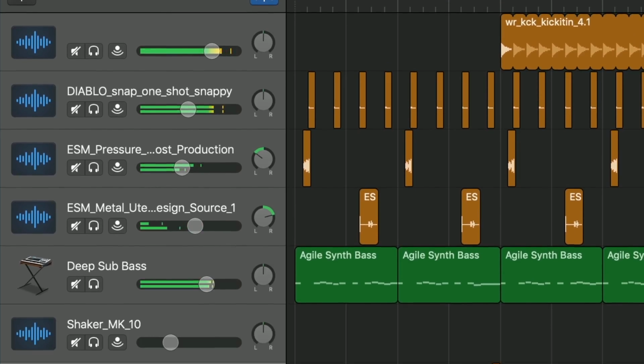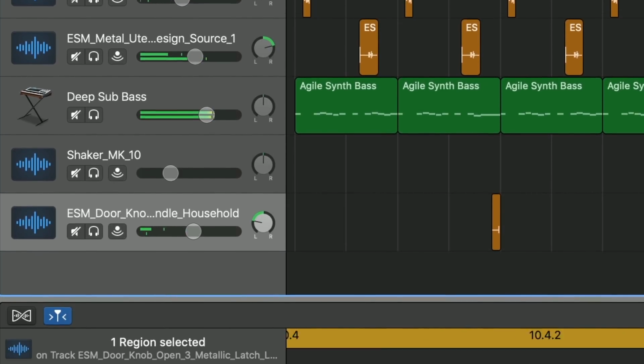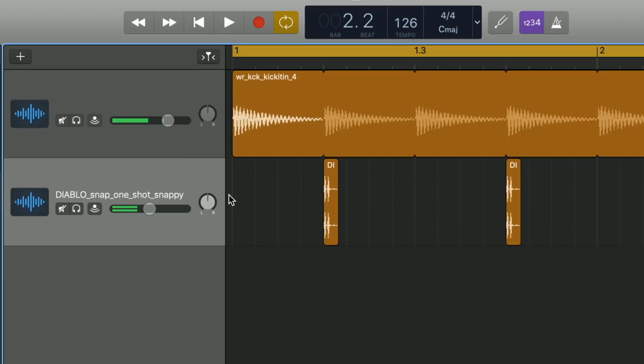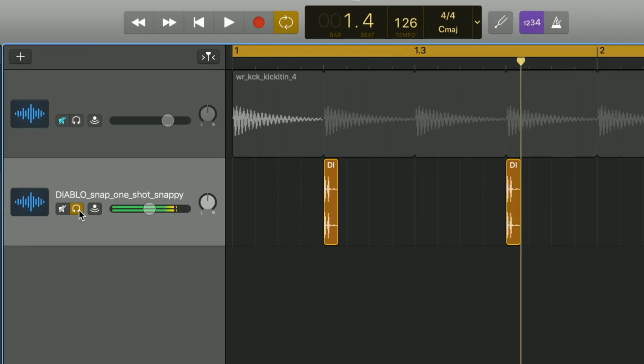Let's start talking about mixing. And mixing really simply refers to the fact that we just have different volume levels for every different element in our track. So now that we have the kick and the snap, I'm gonna take the snap volume down here. Other important controls on the track here are the panning, which means how far left or right you're gonna make the sound. So here's far to the left and far to the right. Make sure you have your headphones when you're listening. And then we also have other controls like our solo and mute